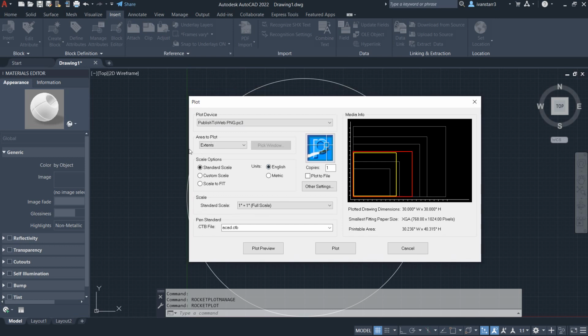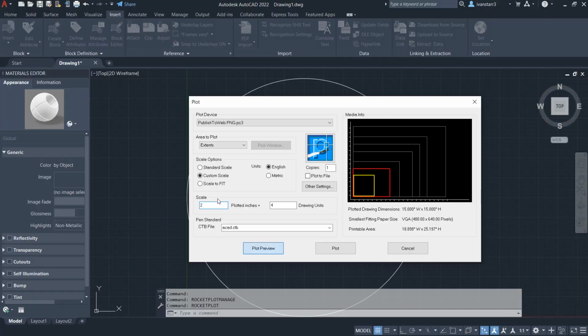And then, here I'll show you the custom scale. Right now, 1 plotted inch equals 1 drawing unit. We can go down to 2 plotted inches equals 1 drawing unit here. Oh yeah, so that would be bigger. So we'll go back. We'll say 4 drawing units here, and all of a sudden it fits in the smaller paper size. You see, so it chooses the correct paper size. I'd show you plot preview, but that will cause an error here. Well, let's do it for fun. But that's about it for the